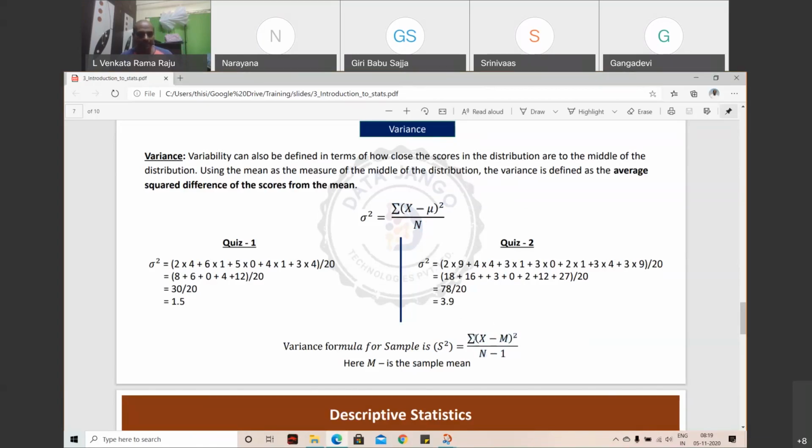Why are we doing that? Why are we dividing with n minus 1 when it is a sample? It is benefit of doubt. Maybe on the population you will have a little more variance. It's a sample, so we are giving a number which is a little bigger than what it gives on the sample. Got it? So this is how you calculate.